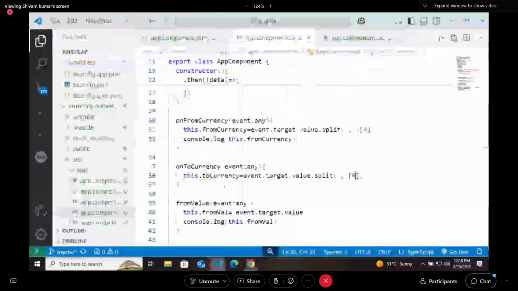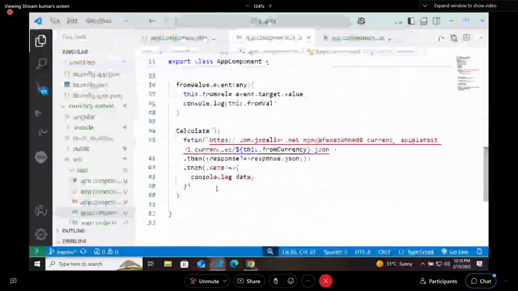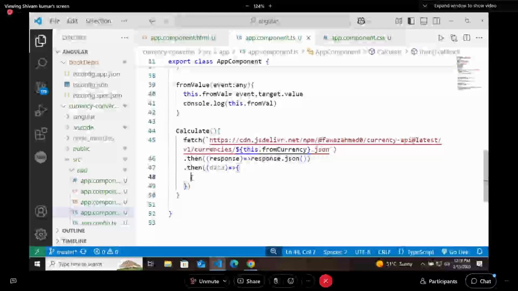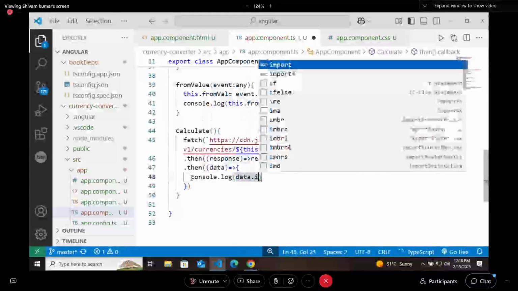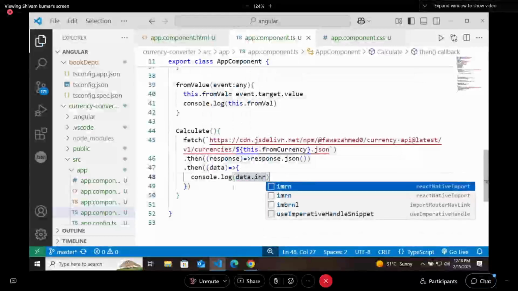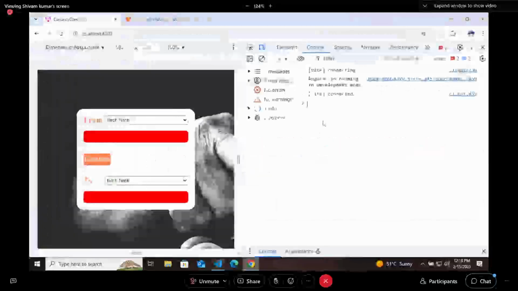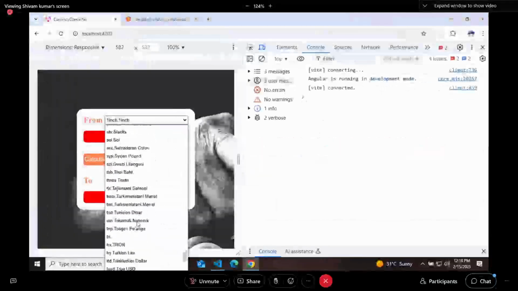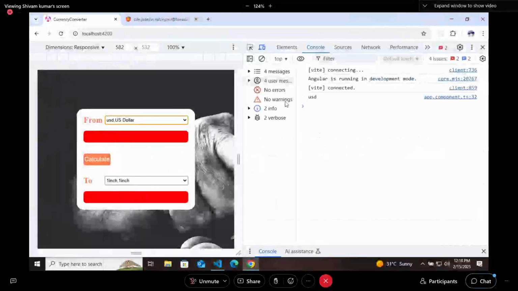The conversion rate. So instead of printing this entire data to the console, I will try to print data.INR. I'm trying to print data.INR. So select USD here, and I check it: undefined.